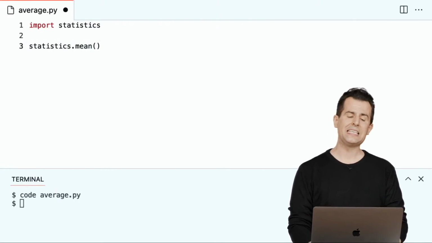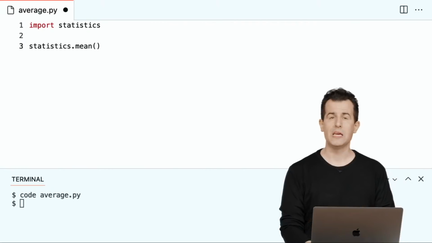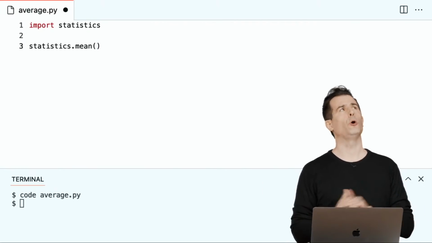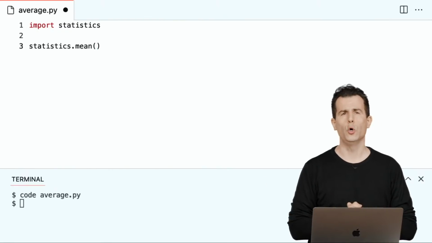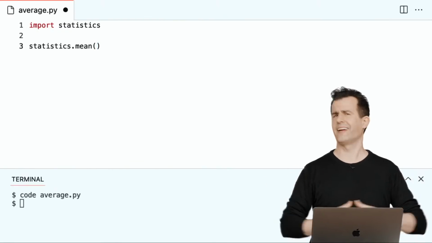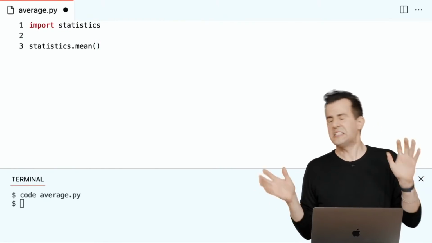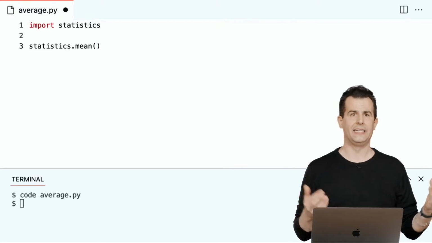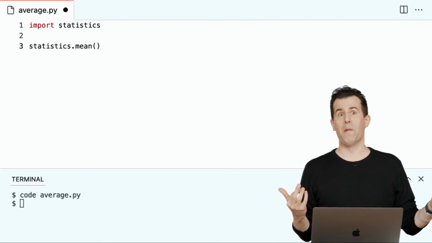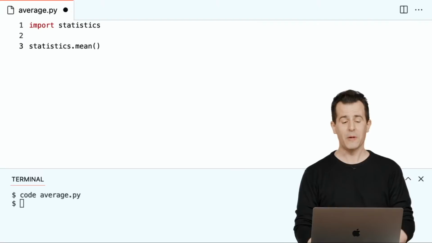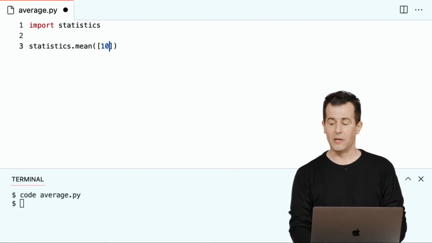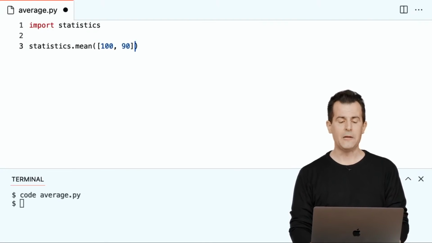And I'm going to pass into this function mean a list of some values. Let's suppose that I'm quickly trying to calculate what my current grade average is in school, and I did really well on my first test and I got 100%, and on my second I did well but not as well and I got a 90. Ironically, I'm not very good with math, so I'd like to figure out what my average now is between those two tests. So let me type in this list the numbers 100, 90,